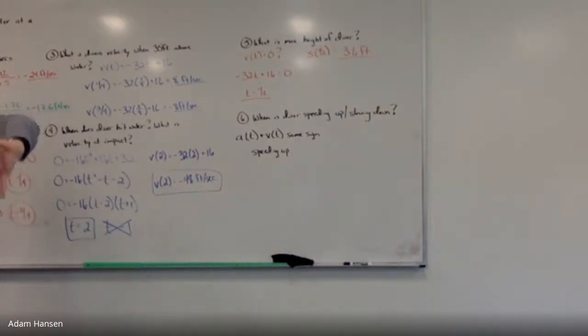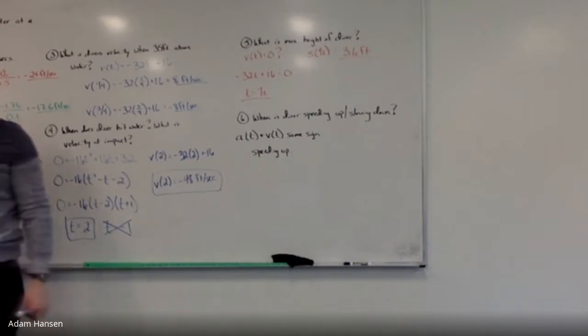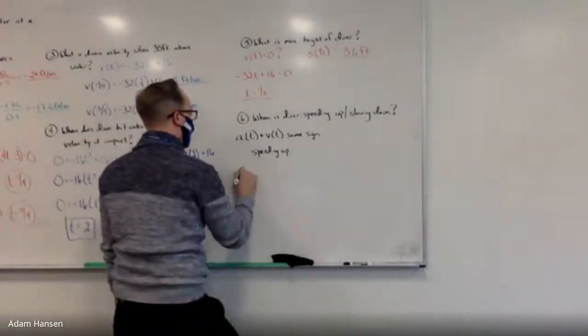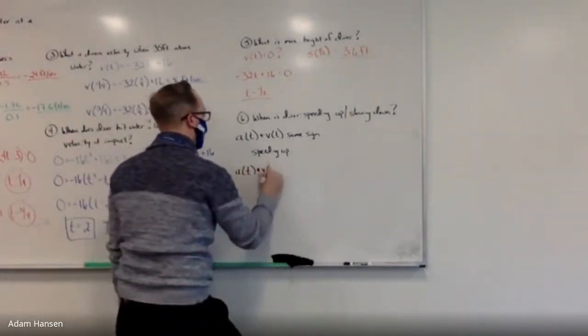How about when they're both different signs, one positive, one negative? If velocity is positive but acceleration is negative, is that acceleration taking away some of the velocity every single second? So it's going to be losing speed, right? And vice versa, if velocity is negative but acceleration is positive, it's falling back towards the ground. It's just doing so at a slower speed as acceleration is taking away some of the velocity. So if velocity and acceleration are different signs,